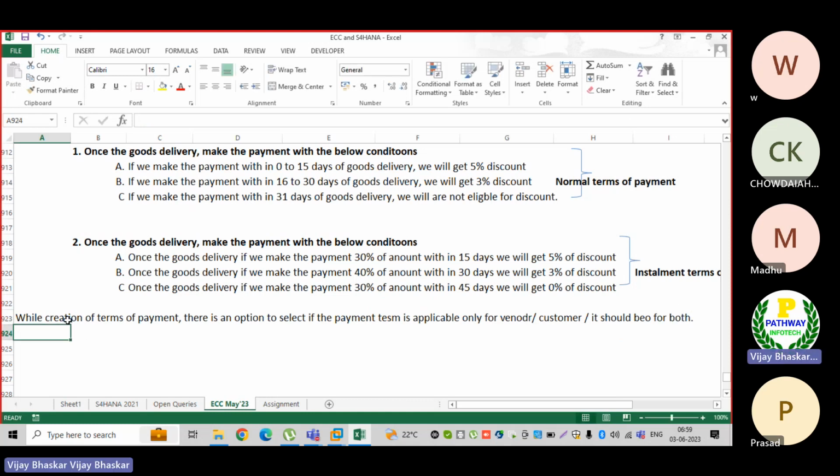Both in the sense vendor and customer, while creation of the terms of payment itself. If this is the rule I am defining for the vendor, let us assume, and I want to follow the same condition, the same terms of payment for customers also, then there is an option. If you select both options, vendors and customers, then the terms of payment will be applicable for your customers and vendors.